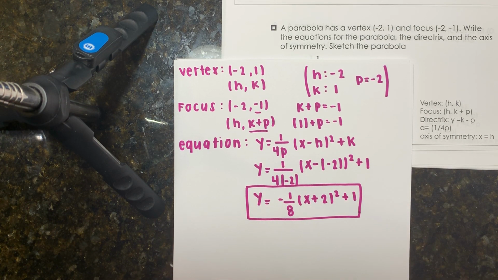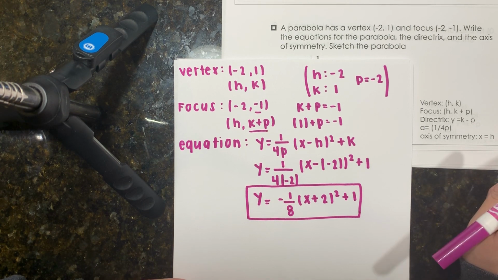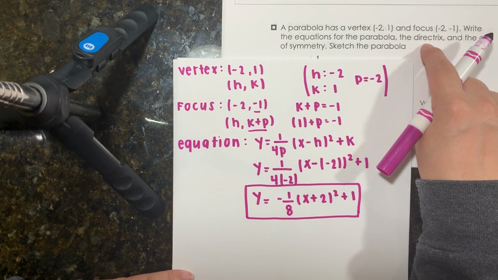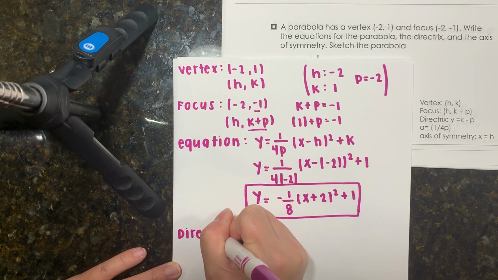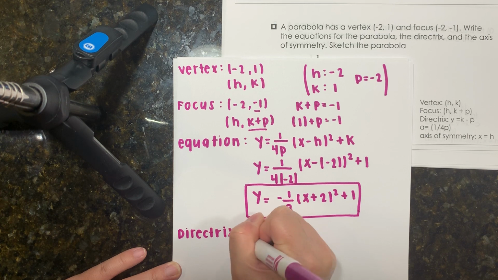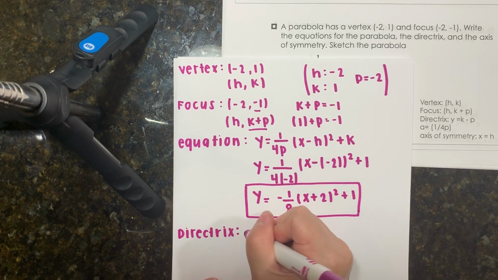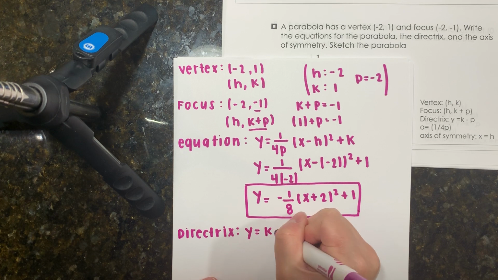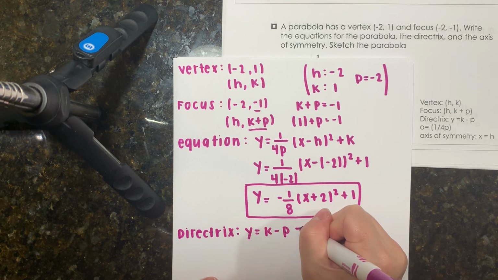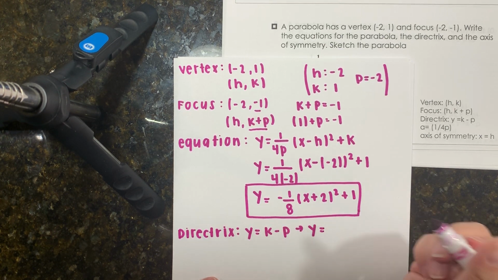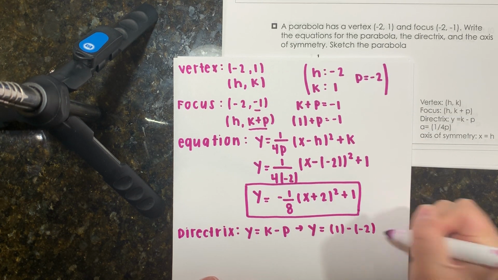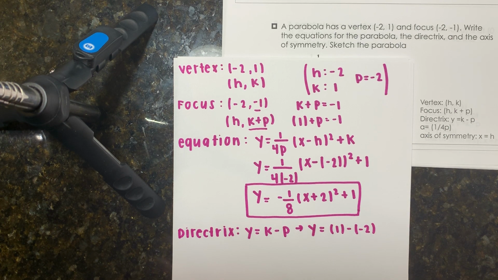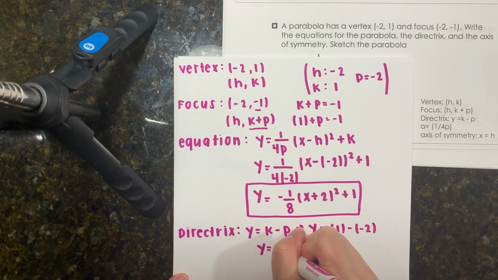Okay, so that's my first equation. Now I need to find what the directrix is. The directrix is going to be an equation of a line, and it's going to be y is equal to k minus p. Well, I know what my k is equal to. My k is equal to 1, and my p is equal to -2. So 1 minus -2 would turn into y is equal to 3, and that would be my equation of my